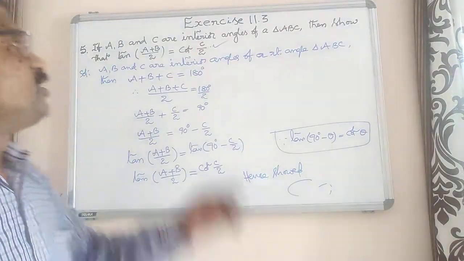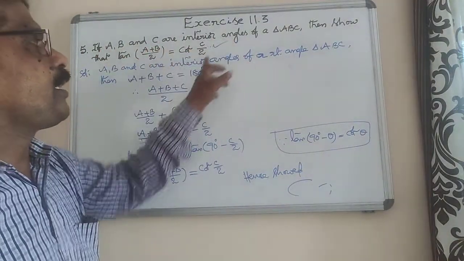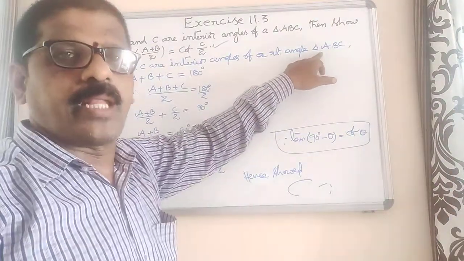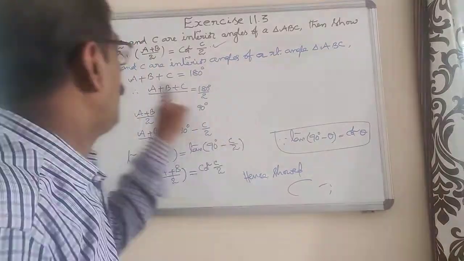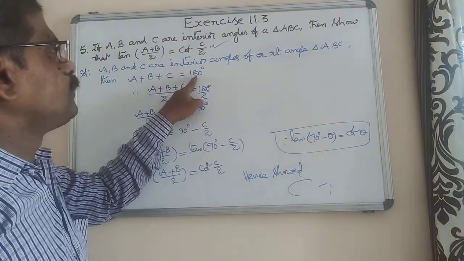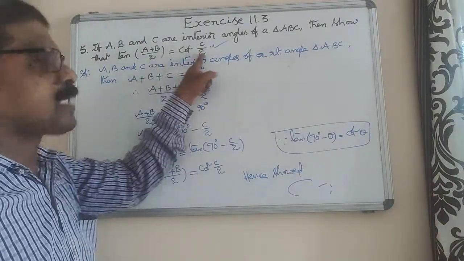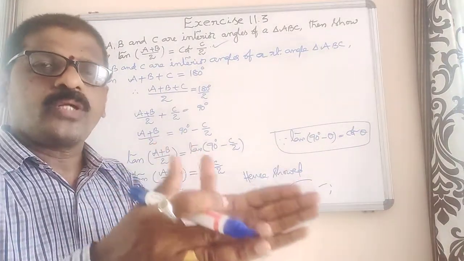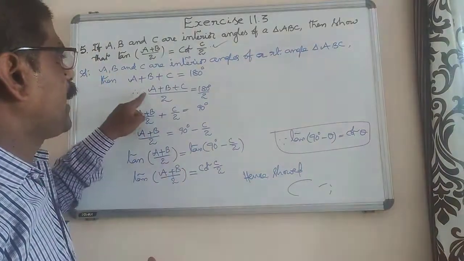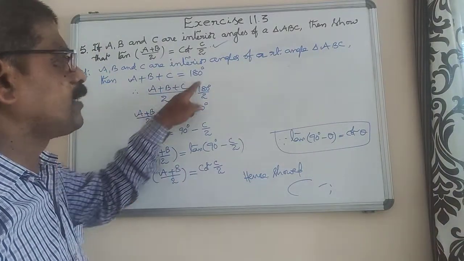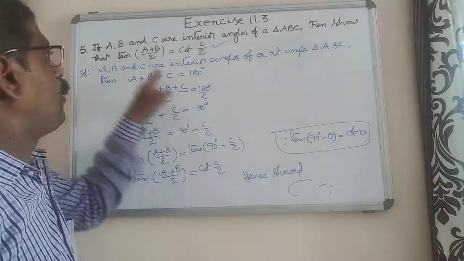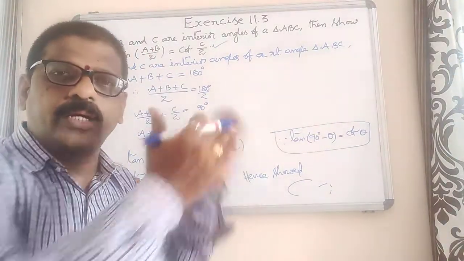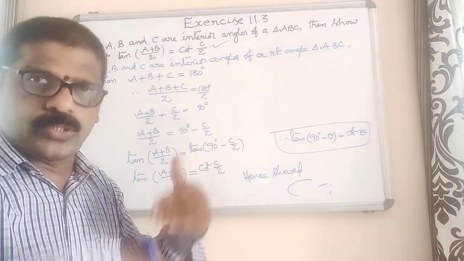So once again, A, B, C are interior angles of a right angle triangle ABC. By using the angle sum property, that is A plus B plus C equals 180 degrees. According to the given data, the denominators have 2. Now divide both sides of the equation by 2. We can write (A plus B plus C) whole by 2 equals 180 by 2. Now this is the (A plus B) whole by 2 given. Now we have to divide according to the data, (A plus B) whole by 2.